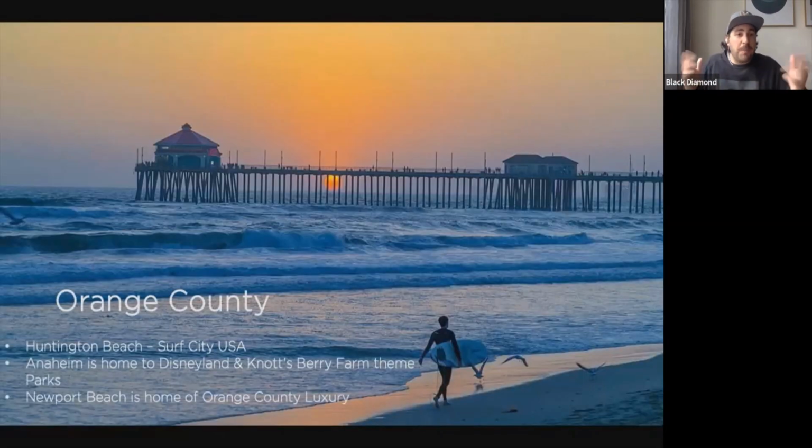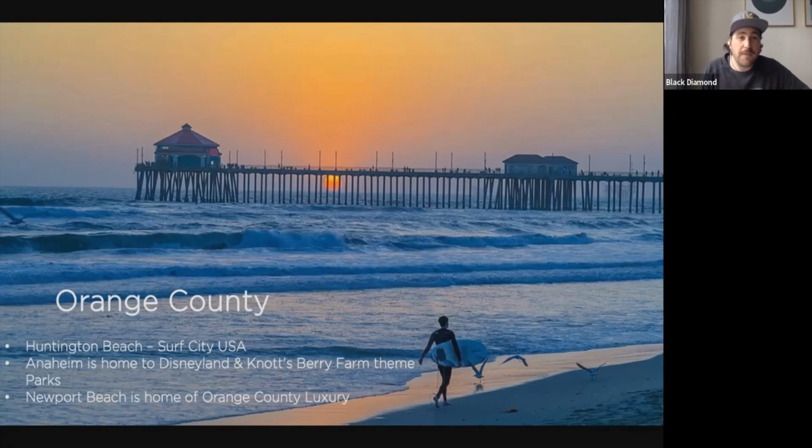Continuing on our road trip south on Highway 1 down to Orange County. So we come back to the coast, and that's another reason why I recommend inland for LA. Downtown even is a great option, and then come back out to the coast for some more beach time. Again, we've got Huntington Beach. If you want to stay beachfront, it's great value for money for beachfront properties, and really great for families.